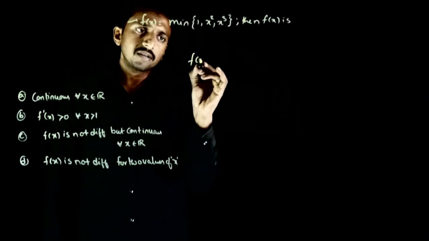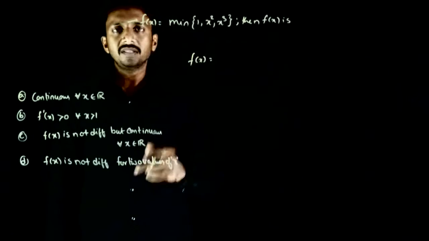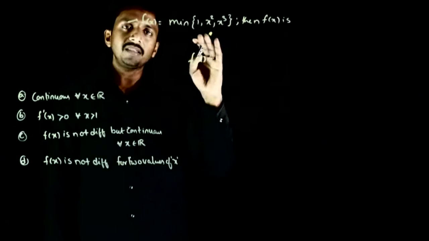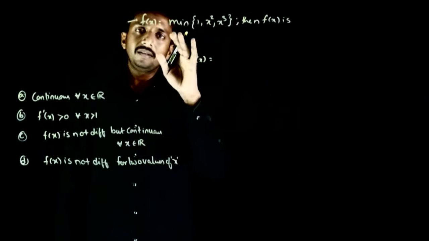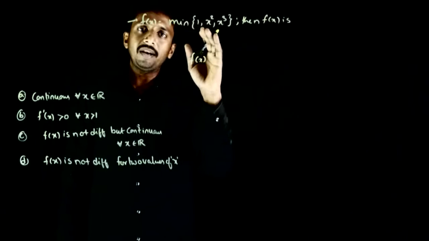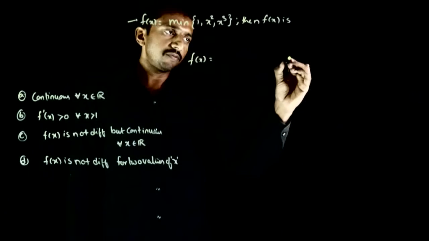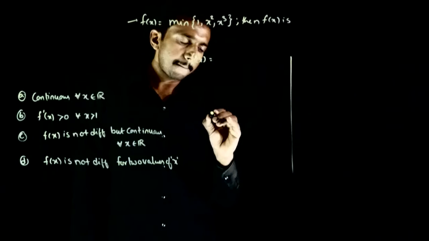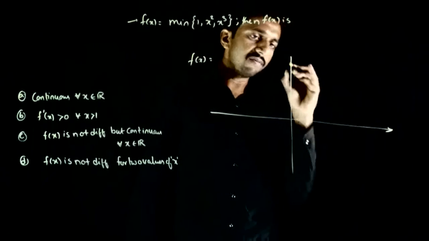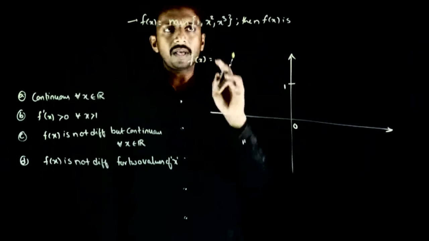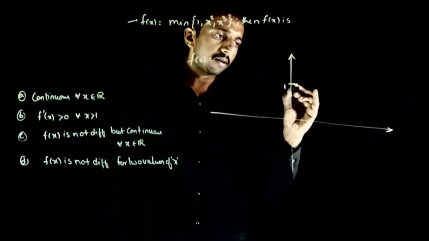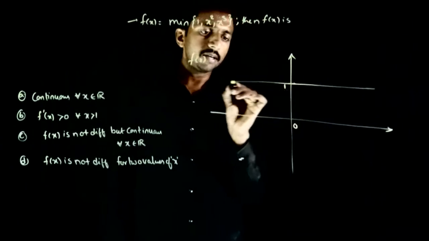So f of x is the minimum of these three functions. So first मैं ये तीनों functions का graph draw करता हूँ. So the graph of f of x will be the least of 1, x square and x cube. So if you draw the graph of these three functions, so a1 मान लीजिए, this is 0. So f of x is equal to 1. The graph will be a straight line. So graph ऐसा होगा,